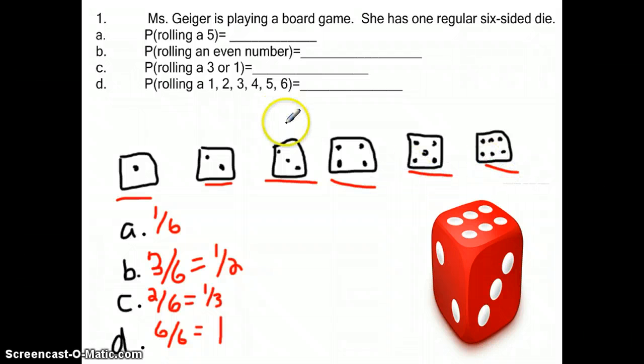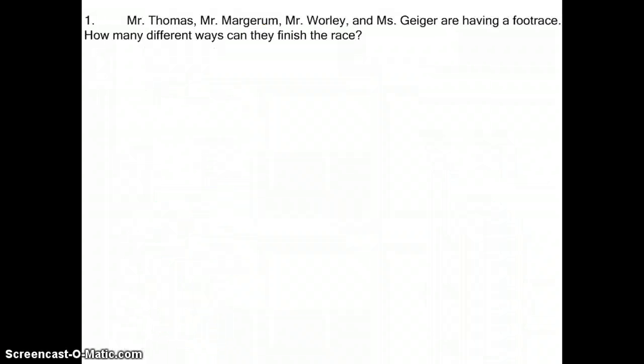So her probability of rolling a 5, well, there's only one chance out of those 6 to get a 5, so it's 1 out of 6. And her probability of getting an even number, well, there's 3 even numbers out of the 6, so it's 3 out of 6 or 1/2. Probability of getting a 3 or 1 is 2 out of 6 or 1/3, and her probability of rolling any of those is 6 out of 6 or 1. This is our last